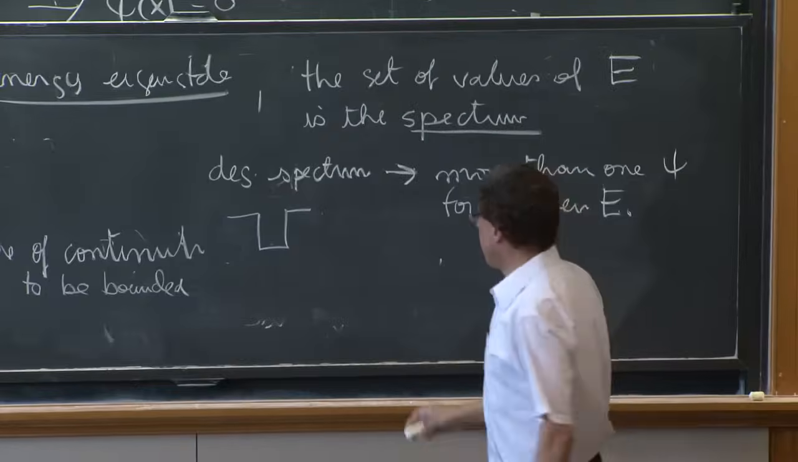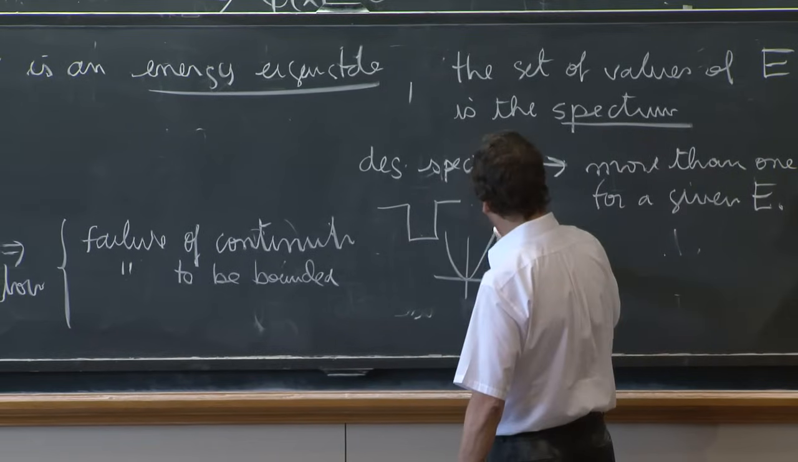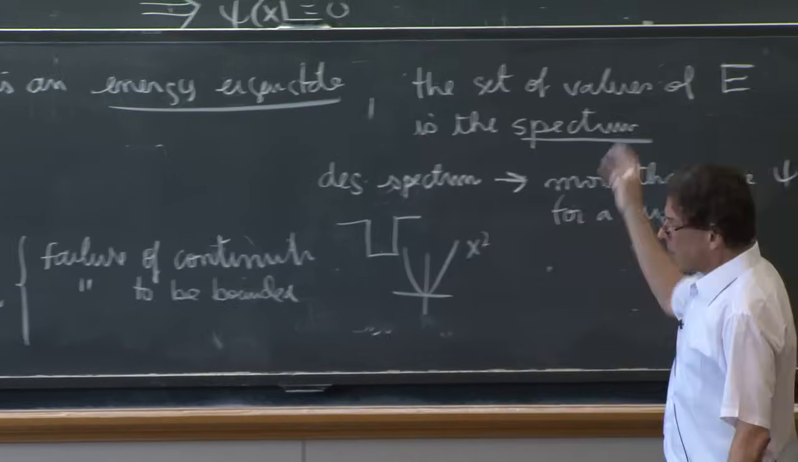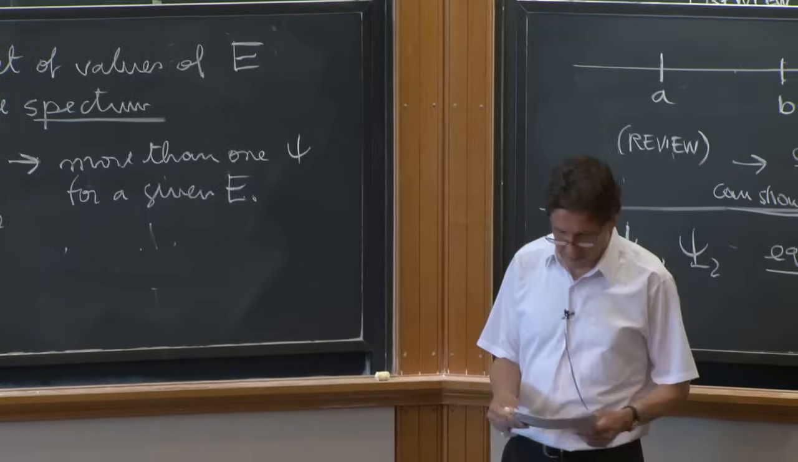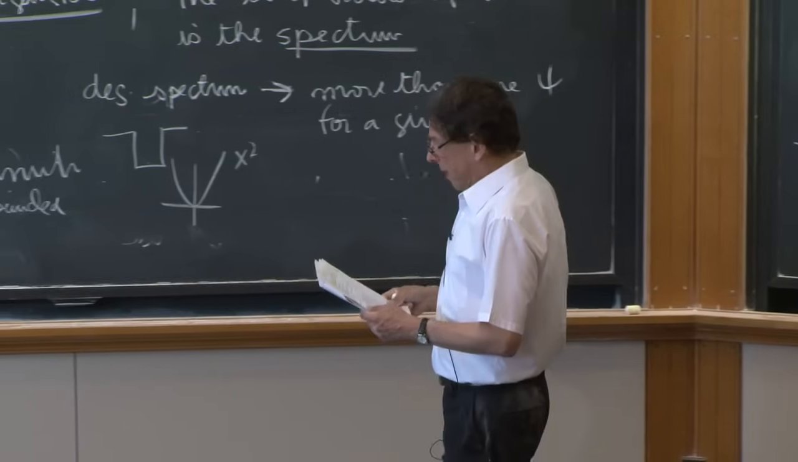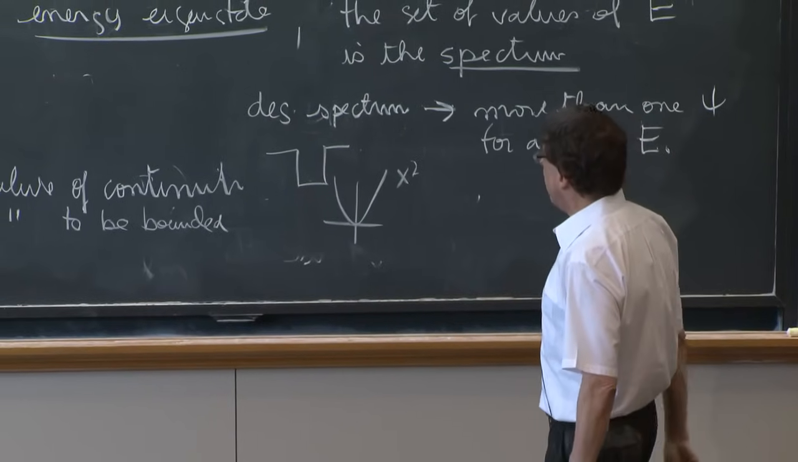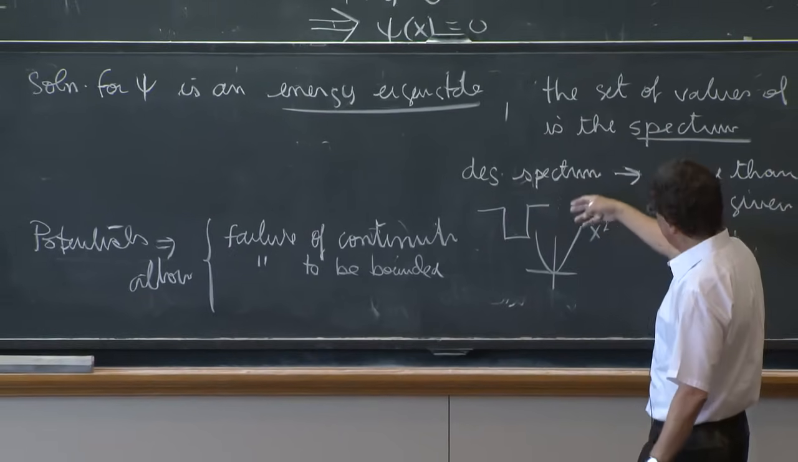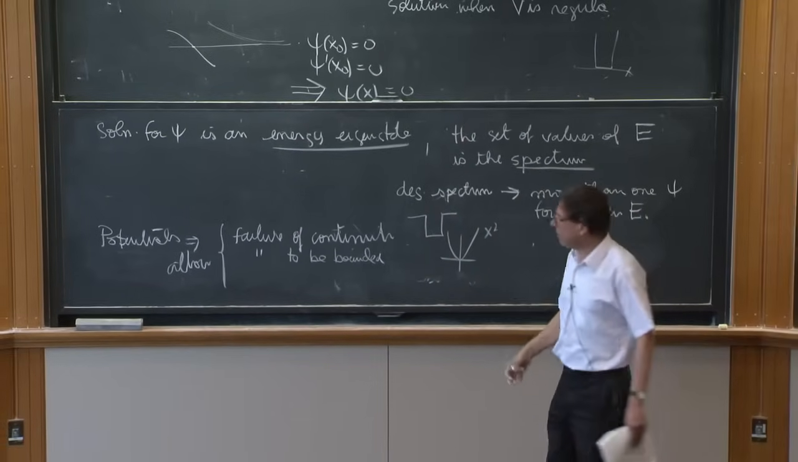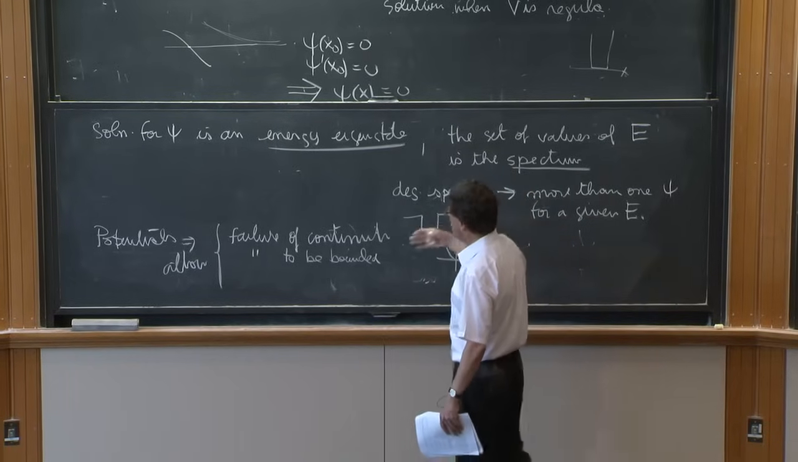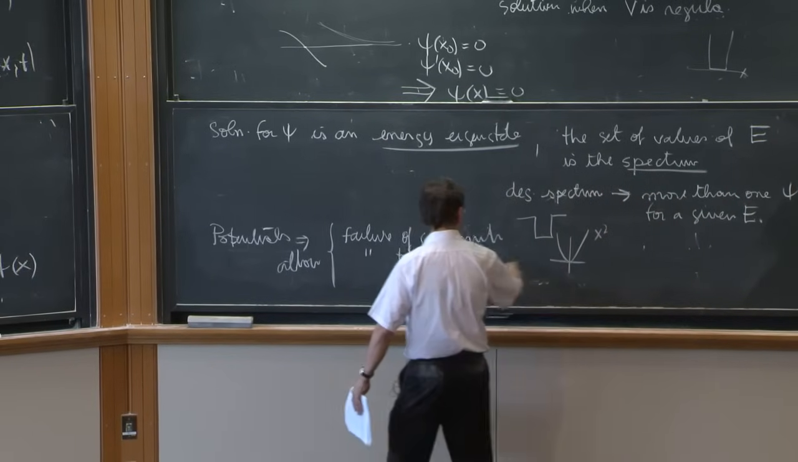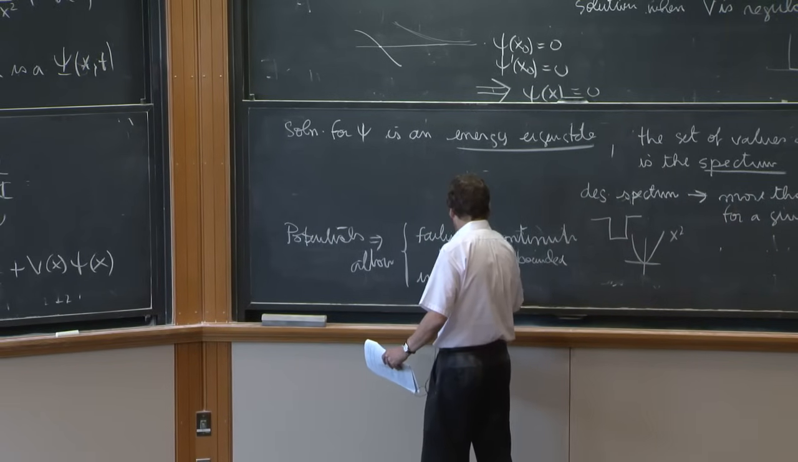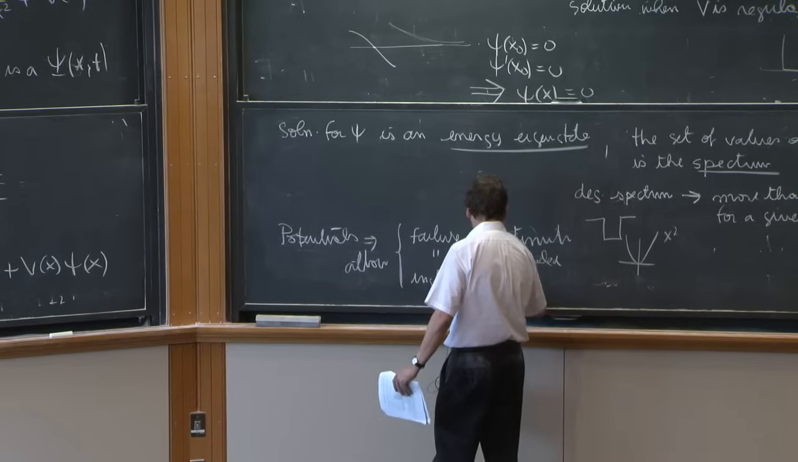You can allow as well failure to be bounded. So what is a typical example? The harmonic oscillator, the x squared potential, is not bounded. It goes to infinity. So we can fail to be continuous, but we can fail at one point, another point, but we shouldn't fail at infinitely many points, presumably. So it's piecewise continuous. We can fail to be bounded, and it can include delta functions,